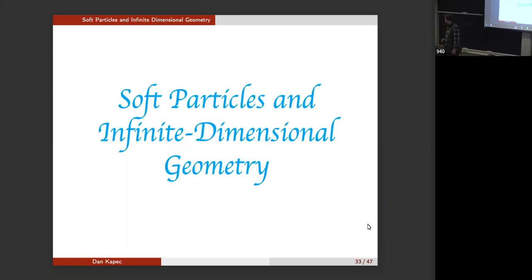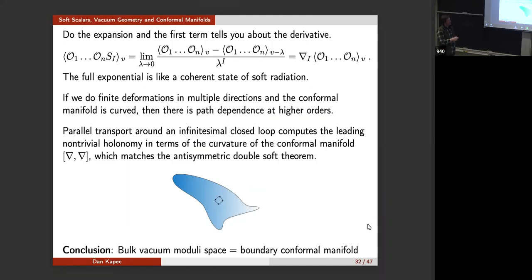So this is the last piece. I've only got about 5 minutes, so I'll be kind of brief, but this is kind of the answer to Yifan's question. So I want to basically use this geometric perspective that we had from the nonlinear sigma model and its finite dimensional space of vacua to understand some older statements about the relationship between the BMS group and infinite dimensional spaces of vacua and soft graviton